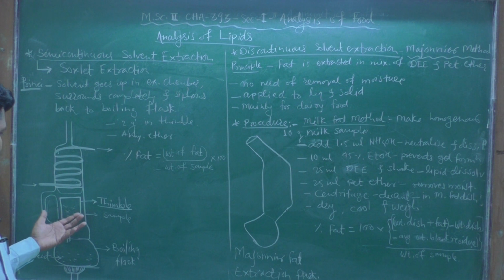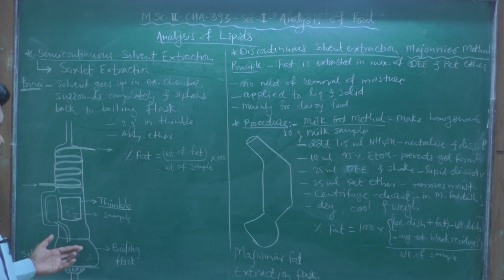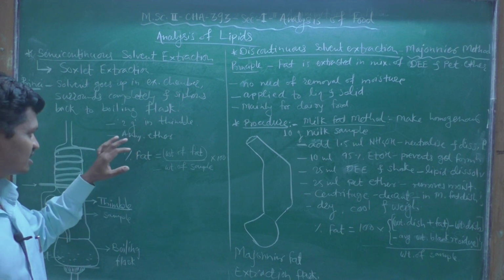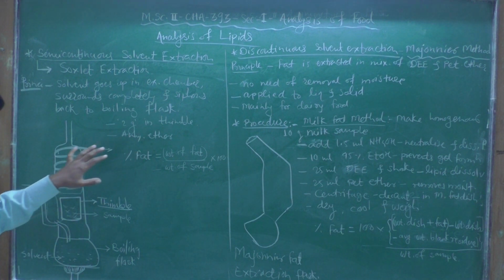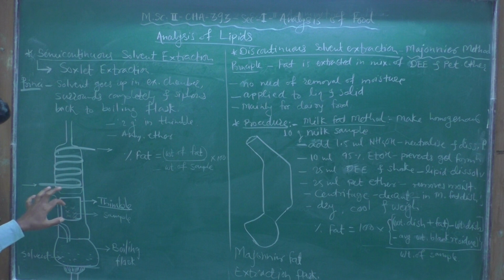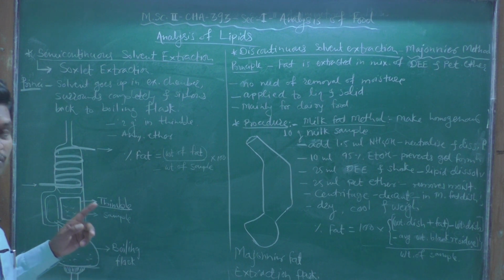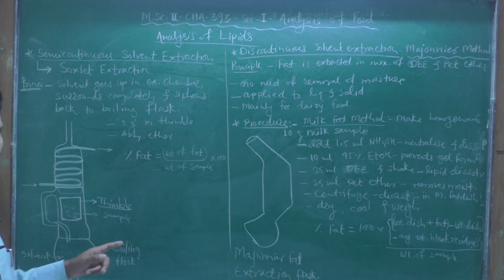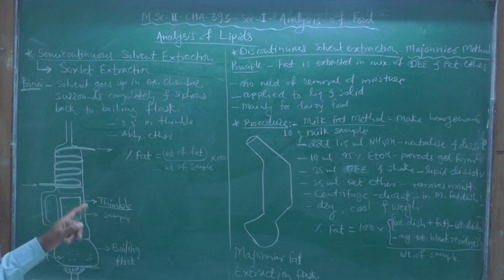Then anhydrous diethyl ether is used as the solvent for the extraction of fat or lipids from this sample. It is taken in the boiling flask, which is also previously dried and previously weighed. These steps occur repeatedly in all the procedures that we will see in the remaining syllabus.